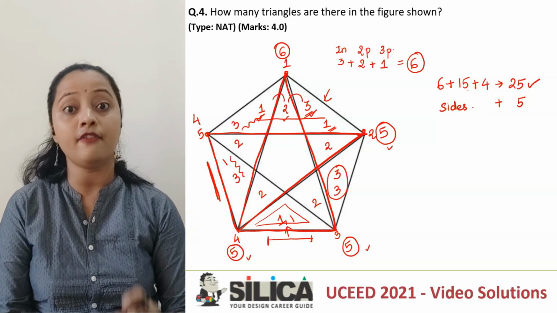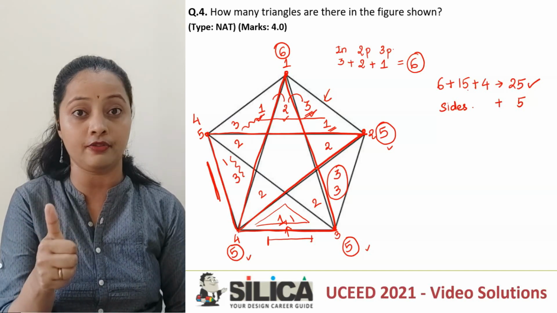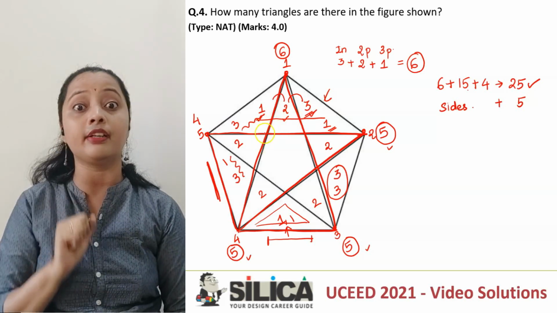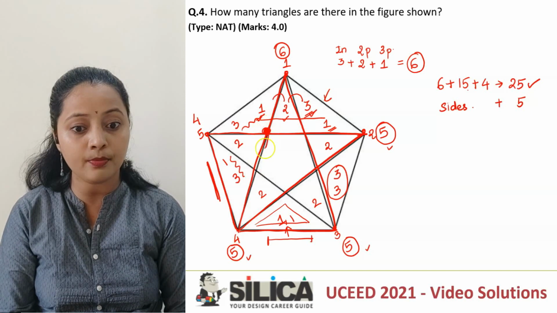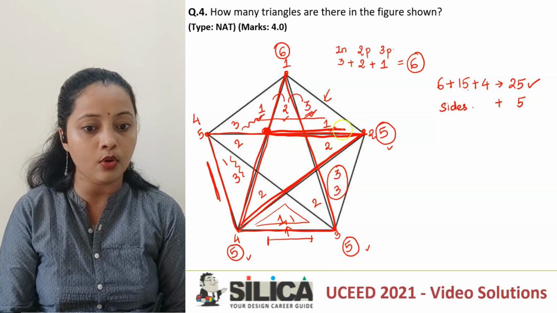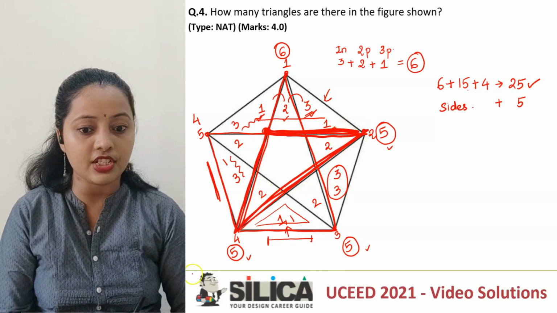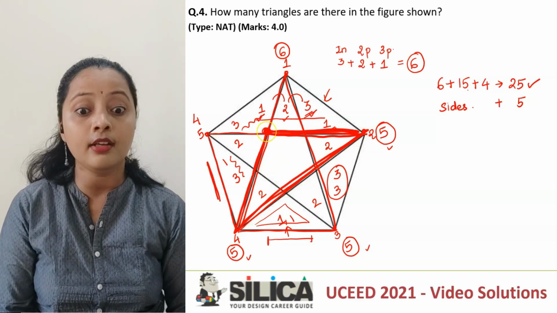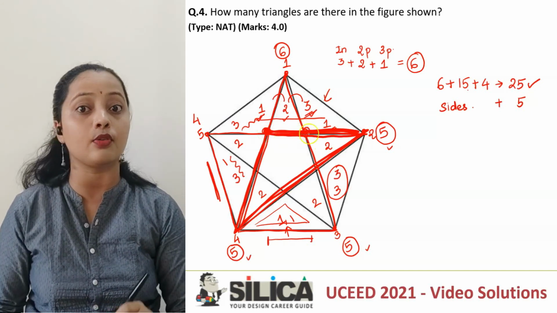Alright, now are we still done with the question? No. Carefully see, we have counted along the vertices, then we counted along the sides. Now let's see about the internal structure. Now in the internal structure, you see this combination point, right? From this combination point, if I try to view opposite to it, I am able to see this triangle, the one which I have highlighted. That is my triangle number 1. This is actually the vertex where 2 petals of the internal star are added.